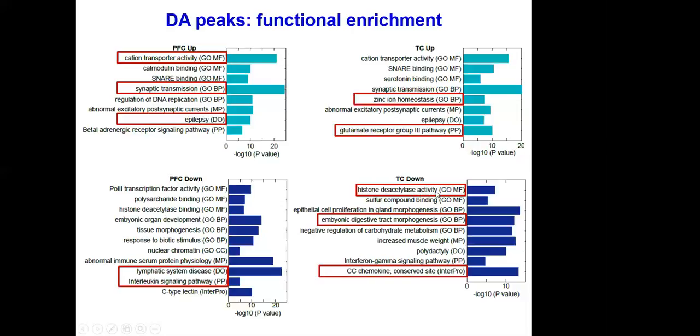HDAC4 is a syndromic autism locus, okay? So it's known that HDACs have something to do with autism, but HDAC4 is not the only locus we found that has lower acetylation in autism. So this is telling us something about the major themes of what's changed in the autistic brain.